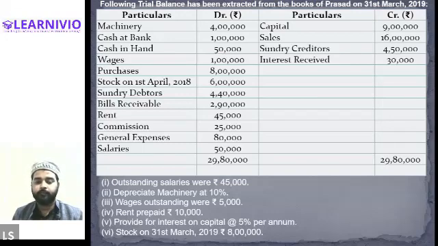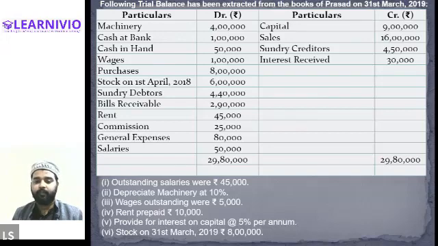Done, everyone? Moving on to the next item. We have commission. There is no additional information given regarding commission. So we will write down the entire amount on which side, on which account. Tell me, Alexander, Hamad and Halima. Tell me on which side and which account the value of commission should be recorded.